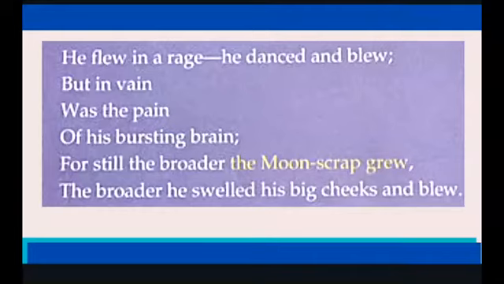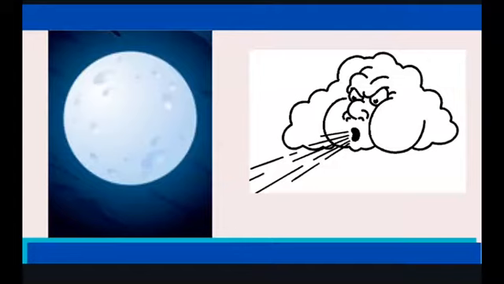The more he blew, the larger in size the moon grew. Okay, so that is the normal phase from the crescent. Now it is growing into a full moon, right? So the moon size is increasing. So now what happens? This time, as the wind is blowing, the size of the moon is increasing. It is becoming larger and larger. As you can see here,